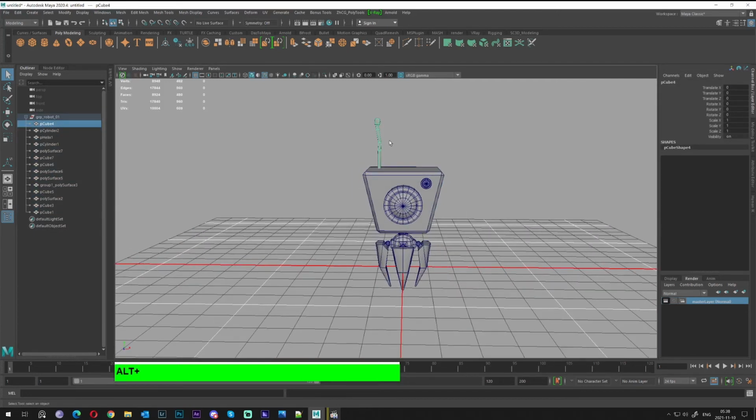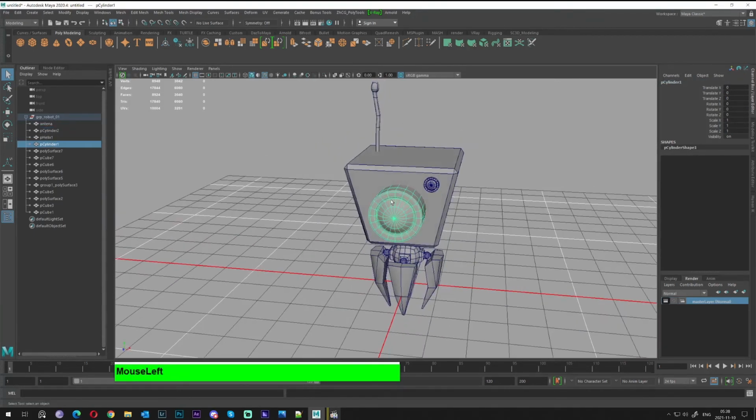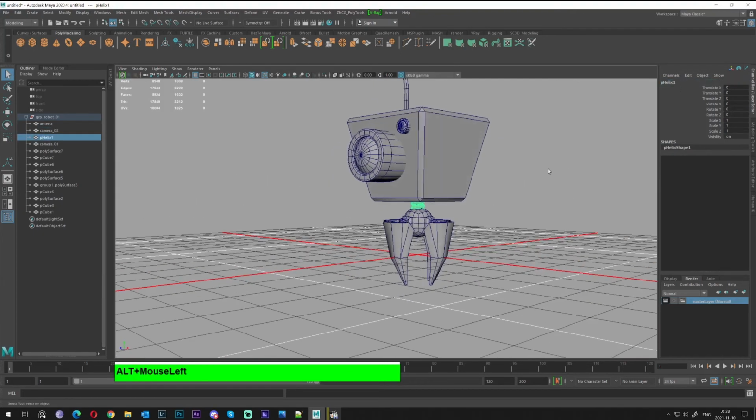So we can rename all these objects correspondingly. For example, it's an antenna. I don't know, probably in English it's not the same typing, but oh well. Camera 01, camera 02,